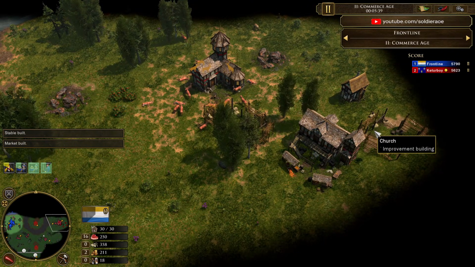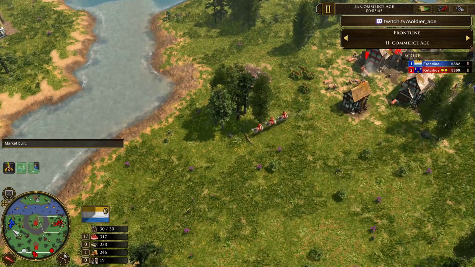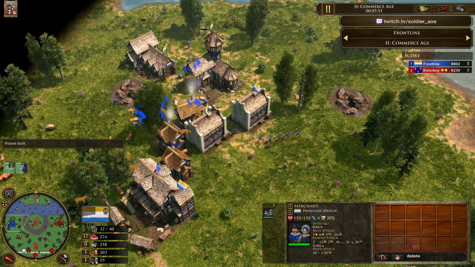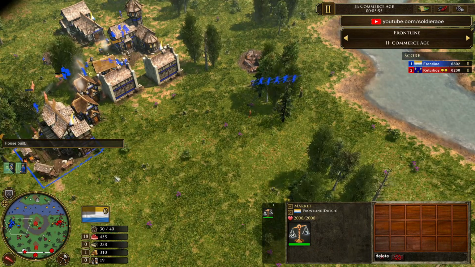He sees a stable, he sees a church, and obviously he sees a TP. So he's thinking he's got some time to either potentially catch the opponent's Hussar and building a barracks. Does he have hunting dogs? Not yet, but I'm sure it's going to be coming up very soon. He might be able to get 5 cav,